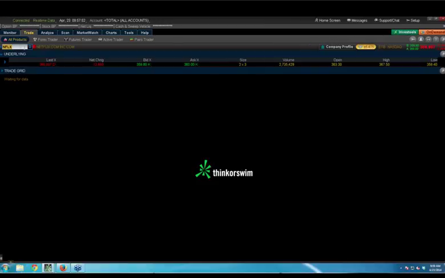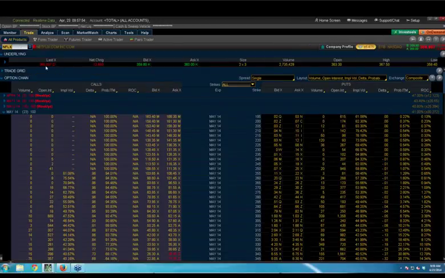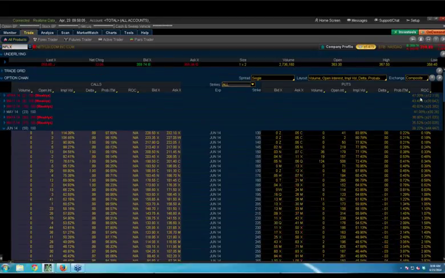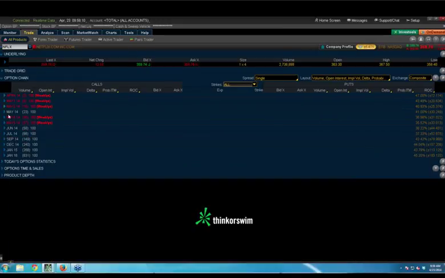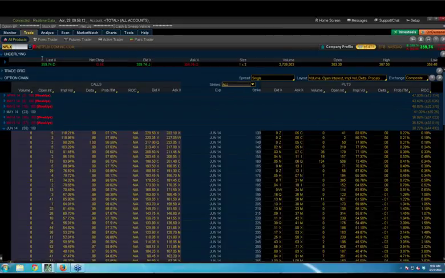Now we look at something like Netflix, where it has already come out. You can see that the weeklies still have, because they expire this week, they're much more sensitive, and next week as well. But you can start to see that volatility start to skew lower. The person asked if you could open the chain to show the Vega. Oh, well, I would have to play around with this, and I don't want to change my settings right now, so I apologize on that one. They could do it on their own chart.